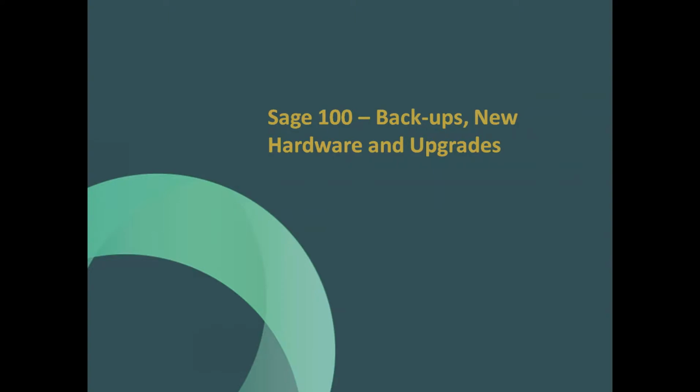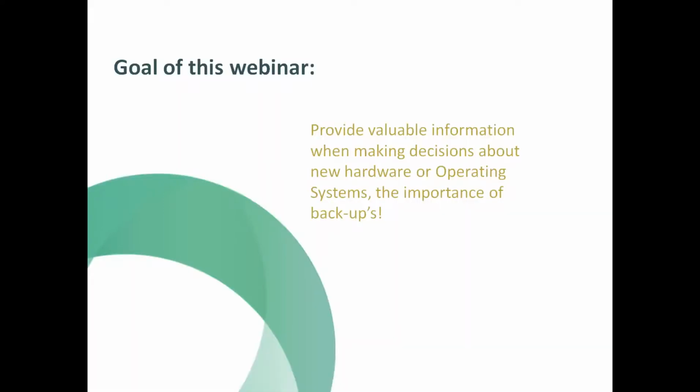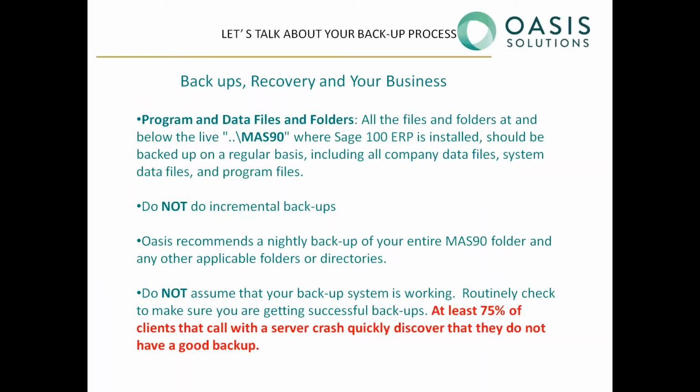backup situation. So normally how we would have presented this would be to be talking about your hardware first, but because of many recent events with our clients and this horrible ransomware that seems to be going around, we're going to start talking about backups first. So as we begin talking about backups,